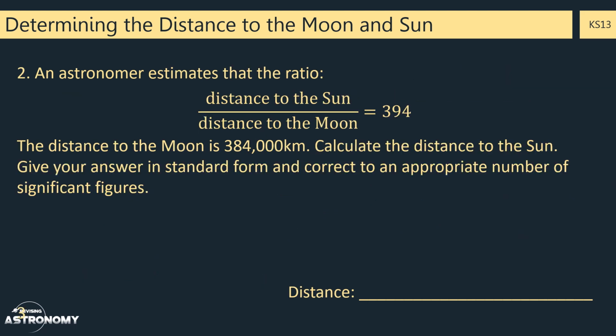An astronomer estimates that the ratio distance to the sun divided by distance to the moon is 394. The distance to the moon is 384,000 kilometers. Calculate the distance to the sun. So again, we can note the ratios would be the same. So we know that x, which would be the distance to the sun, divided by 384,000 equals 394, just by substituting the numbers into our equation. So we bring this over by multiplying by 384,000, which gives us